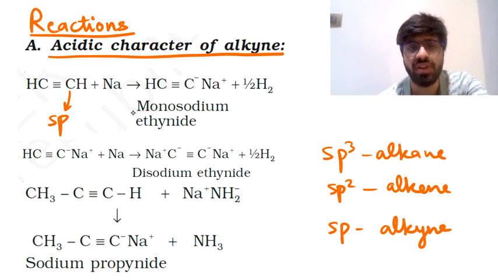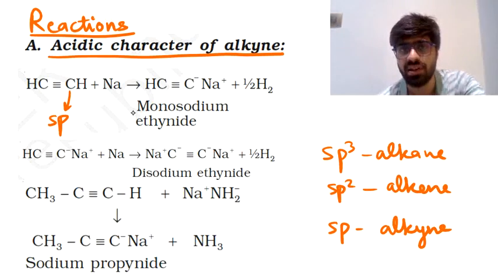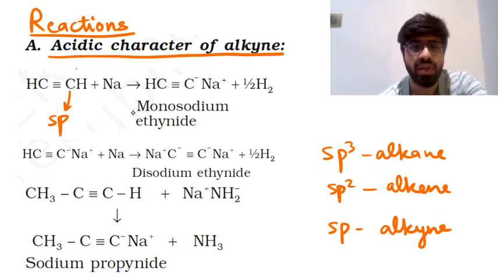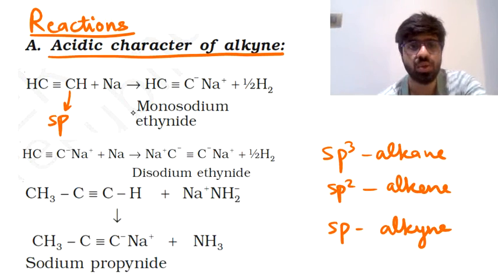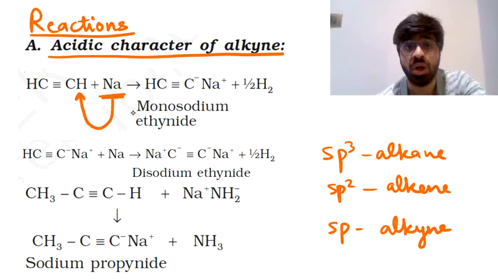Because this molecule is able to give out H plus easily, it is acidic in nature, and the acidic nature is confirmed by the reaction with a metal. It is a well-known fact that every metal will react with an acid giving out hydrogen. So here also we are making this compound react with a metal, and because it is liberating hydrogen, we say that the compound is acidic in nature. So the reaction goes something like this. Sodium comes in and replaces the hydrogen which is there on the carbon atom involved in the triple bond. So you get C minus and Na plus. H plus comes out, and just to balance the reaction they are writing half H2.